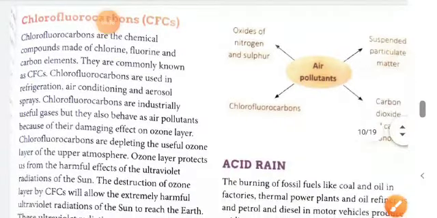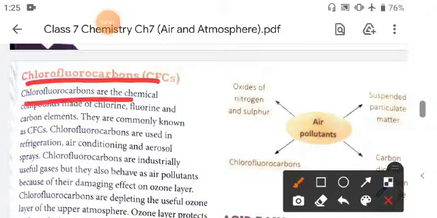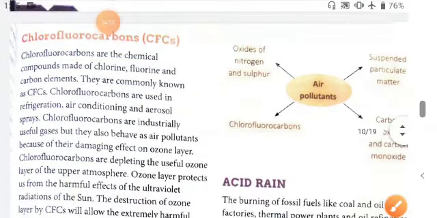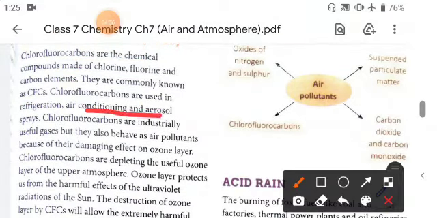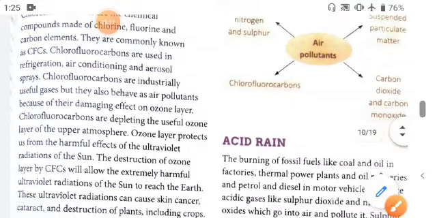Next is chlorofluorocarbons. You know that chlorofluorocarbons are chemical compounds made up of chlorine, fluorine and carbon elements. They are called chlorofluorocarbons, CFCs, and are used in refrigeration, air conditioning and aerosol sprays. These chlorofluorocarbons are industrially useful gases, but they also behave as pollutants because of their damaging effect